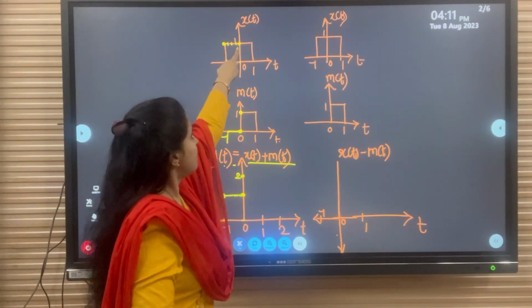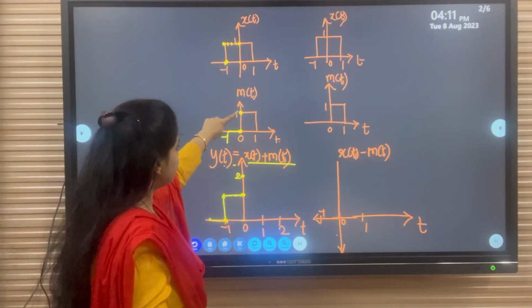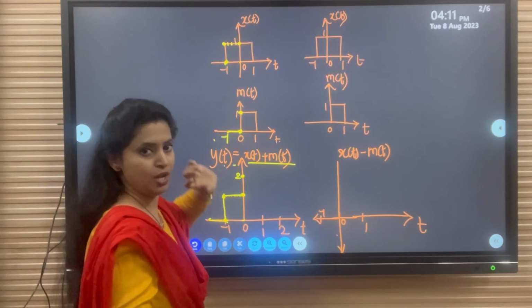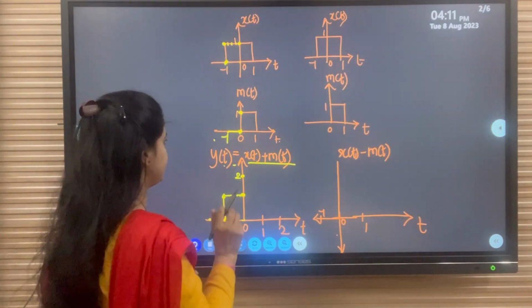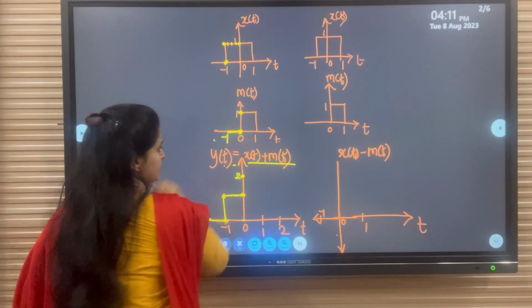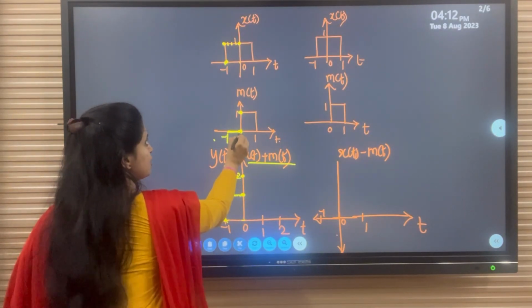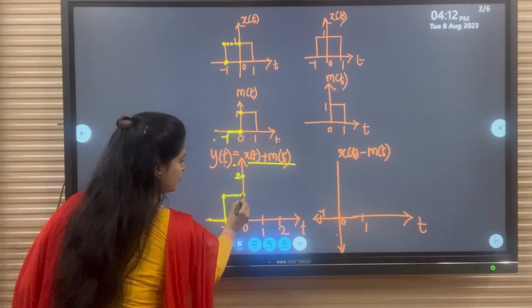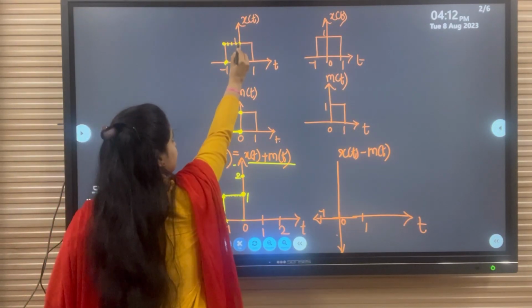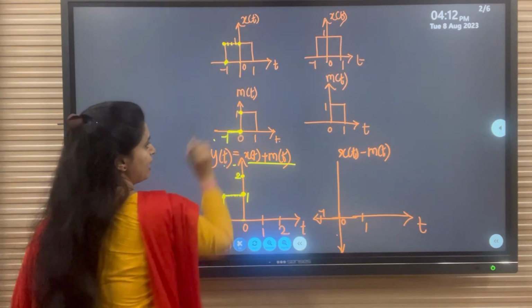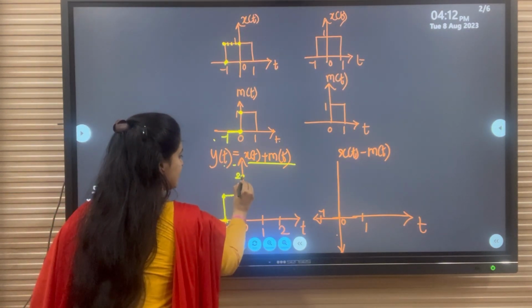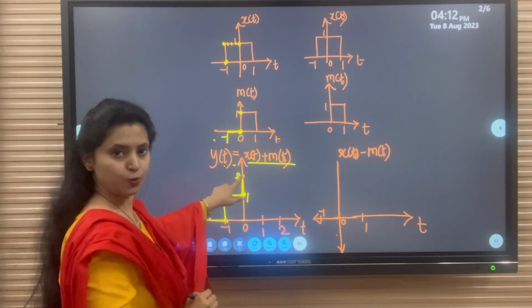Here this signal is having amplitude as a +1. Here this signal at 0, it is having two different amplitudes. So both the amplitudes we have to consider. First of all, I consider this amplitude as a 0. Continuous signal will consider. So 0 plus 1 is equal to 1 as it is. So this amplitude is 1. Then I consider this 1 and the next value as a 1. So 1 plus 1 is equal to 2. So here is a transition from 1 to 2.